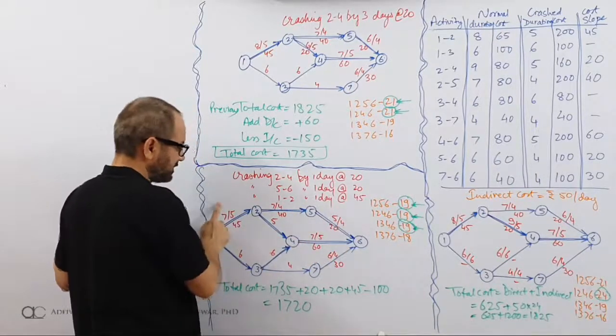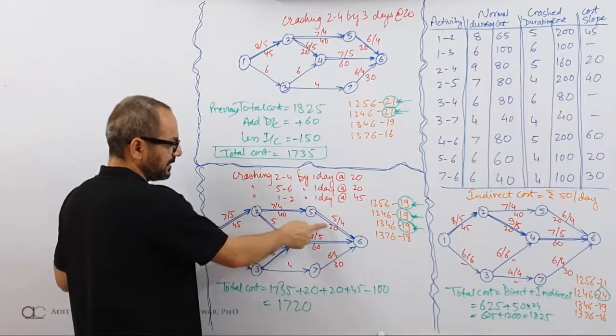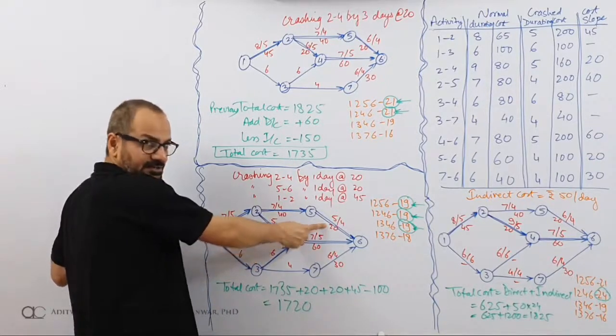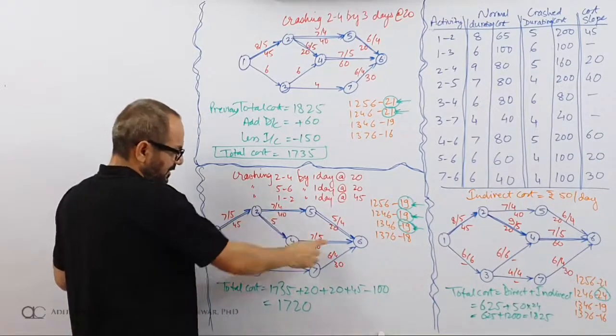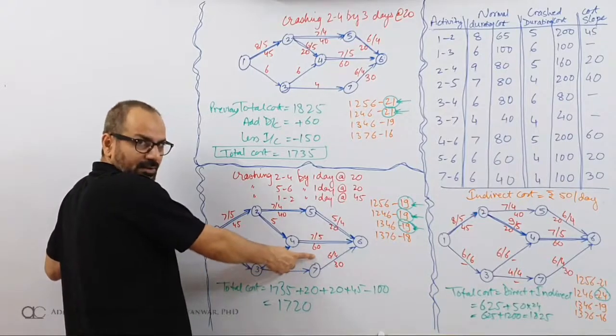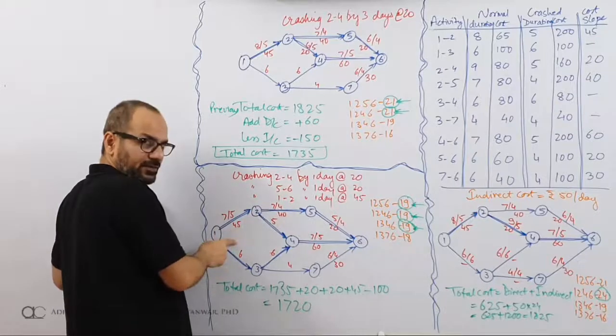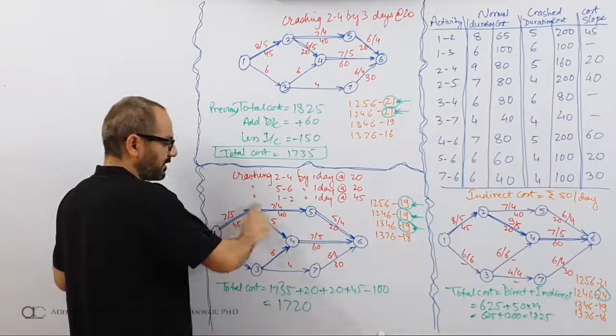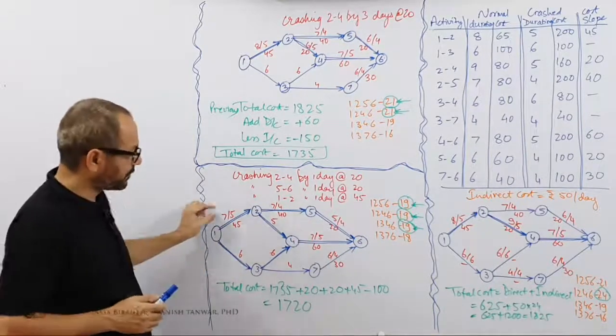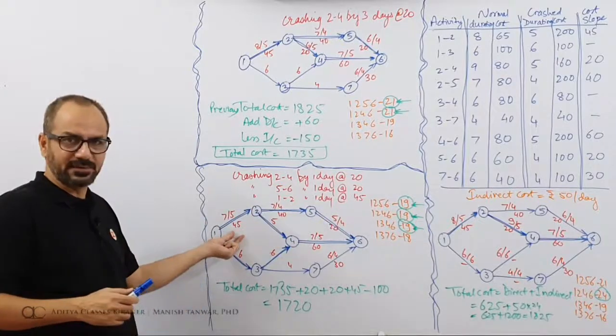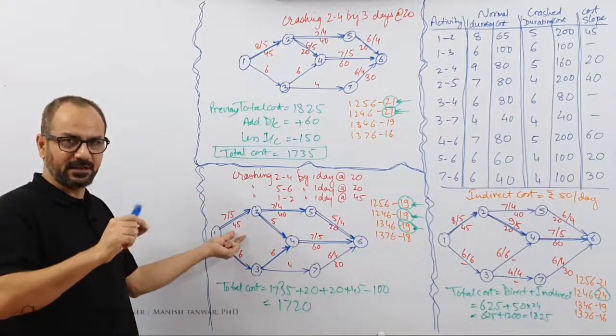These two paths, this is the common. Internally, if we try to crash this one as the cheapest alternative, then on this path you have 60 to contend with. Yes, on this path 45 is better, but if you are going with 45, why go with this 20? This 45 is common. So for these two paths, 45 looks a good bet. I'll be making a payment of 45, I'll be saving 50.